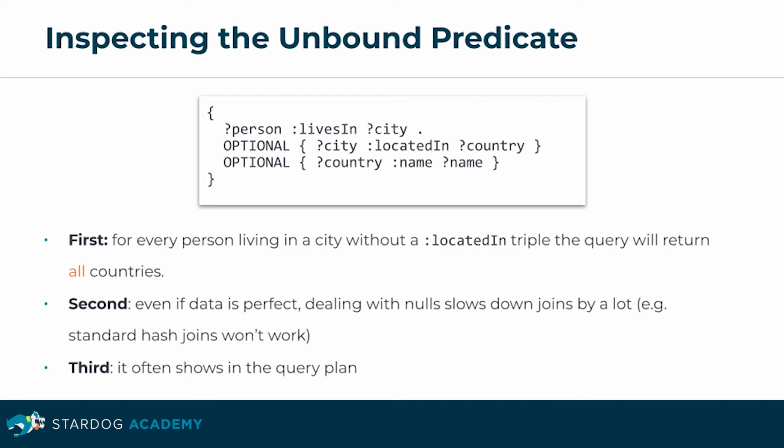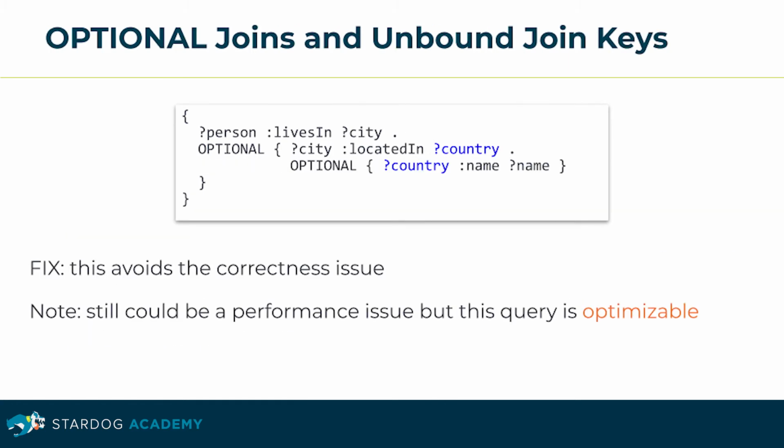And second, even if the data is perfect, dealing with nulls slows down the join a lot. For example, the standard hash join won't work, and Stardog will have to pick a different operation. And this will often show in the query plan. So our fix here is going to avoid the correctness issue,